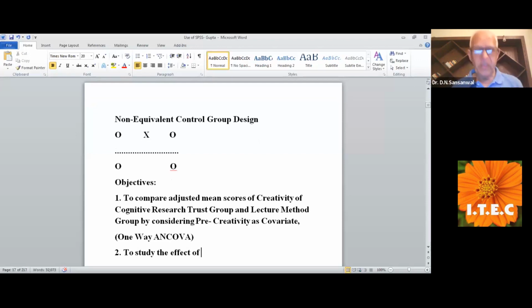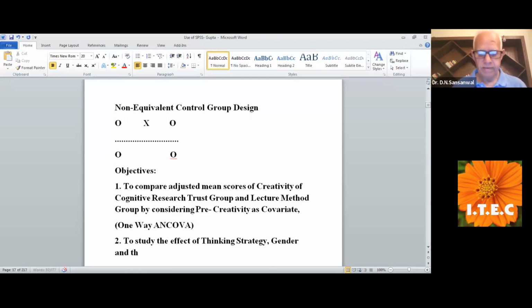A study of effect of thinking strategy, gender, and their interaction on creativity of students